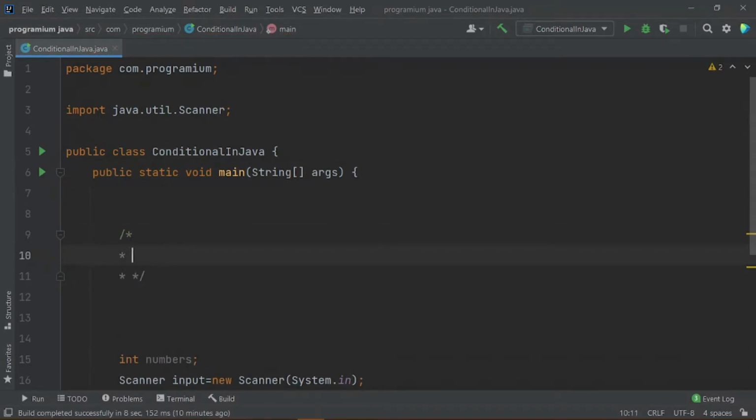So how many types of conditional statements are there?